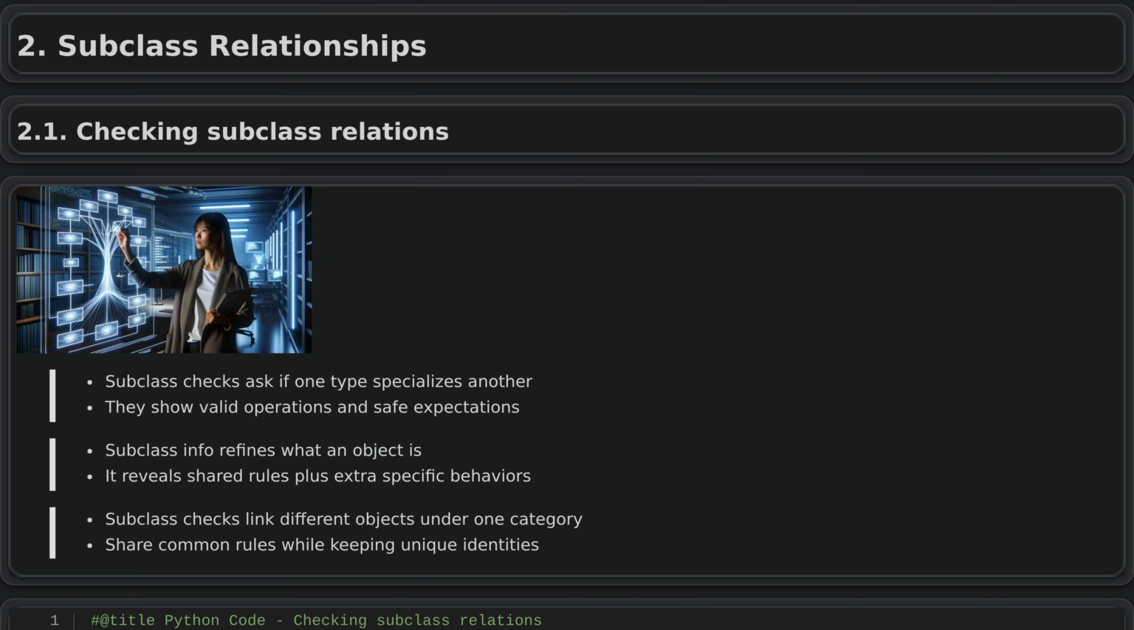Subclass relationships. Checking subclass relations. In class hierarchies, it is important to know when one class is a more specific version of another, which is what checking subclass relationships means. This involves asking whether every instance of one class can also be treated as an instance of a more general class. For example, a